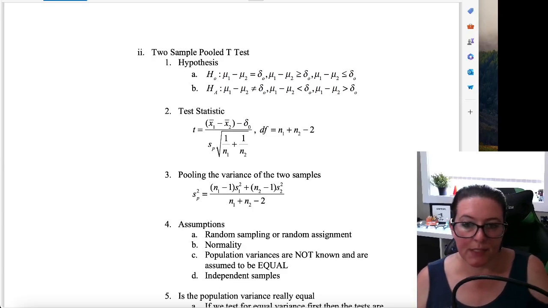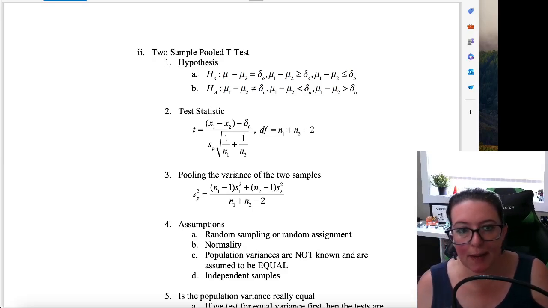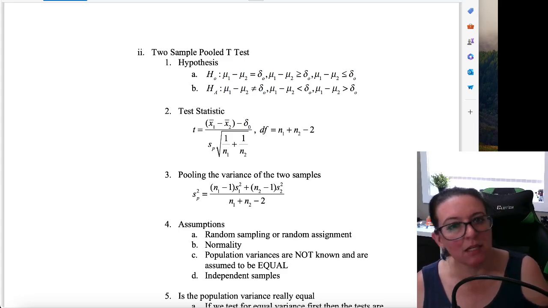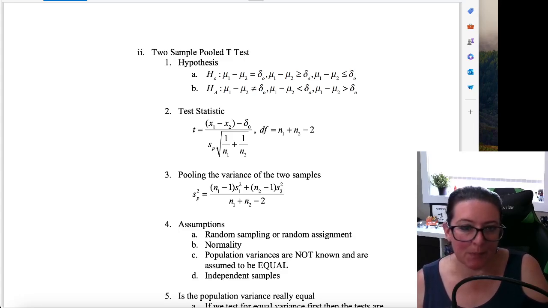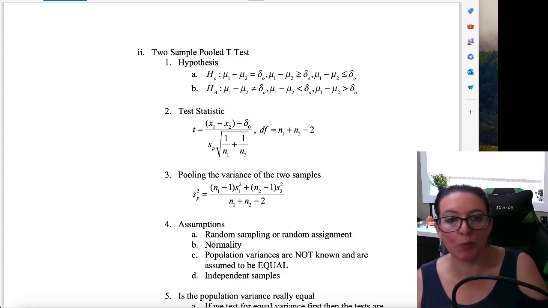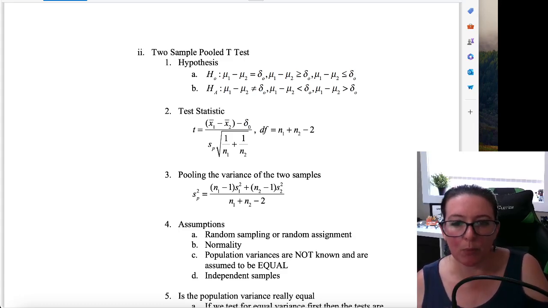The next hypothesis test we're going to look at is a two-sample pooled t-test. So what we're doing is we're comparing our means between two groups. So we have two samples representing two groups within the population. And we're going to look at what is called a two-sample pooled t-test and a two-sample